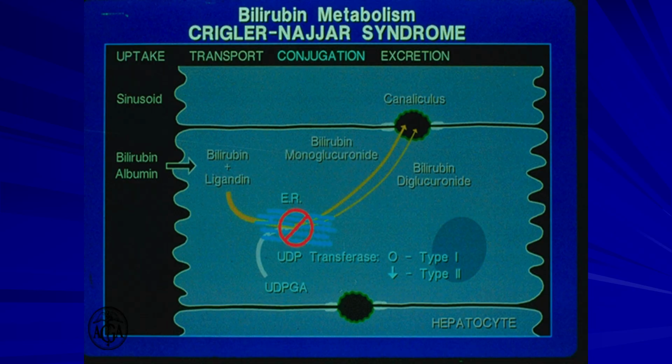A much less common syndrome is Crigler-Najjar syndrome, which is characterized by mutations in UDP transferase, which is the enzyme that conjugates bilirubin. The mutations could result in total absence of the enzyme, which we call type 1, which is incompatible with life, or it can be associated with a reduced function of the enzyme, which is type 2. The result would be a massive increase in serum unconjugated bilirubin, which could go up to 20 or 25 milligrams